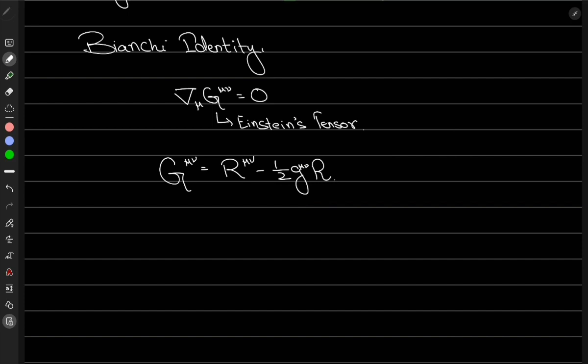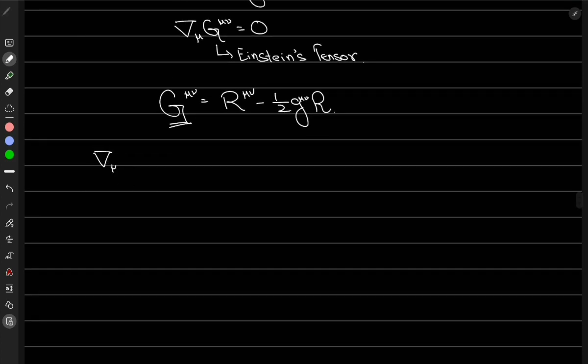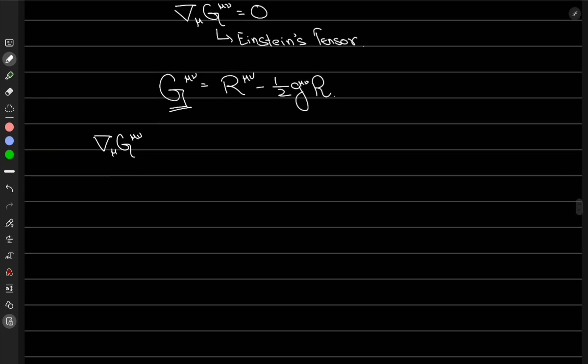So you can see it is made up of the metric tensor, right? Now, over here, what we are going to do is take the covariant derivative of this G mu nu by using this thing. The Bianchi identity says that you take the covariant derivative of G mu nu, and that should equal 0. That should vanish. So let's do that. Let's take the covariant derivative of G mu nu. Something like that, right? So once you do that, we're also going to use the fact that the covariant derivative commutes with this variation, delta over delta G mu nu, right? So if it commutes with this variation, and